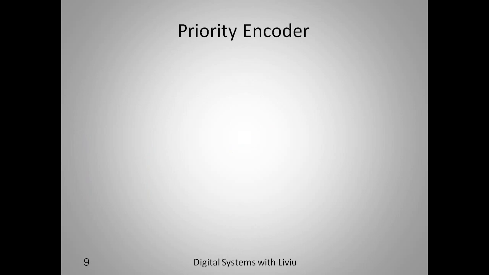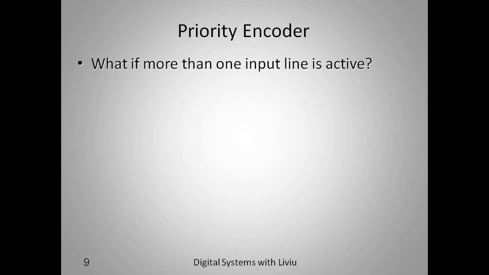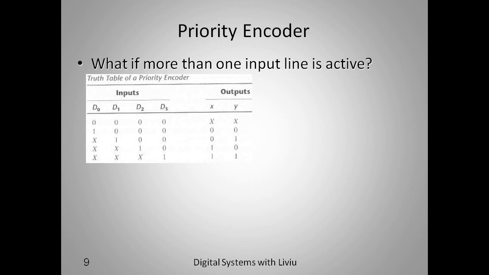A special type of encoder is a priority encoder. In a normal encoder, which we saw in the last slide, only one input line can be active at a time. So what if we want to use something which enables more than one active input line at a time? In this case, we have to use a different type of encoder, which is called a priority encoder, which behaves like this. It has 4 inputs in this example and 2 outputs, 4 to 2,